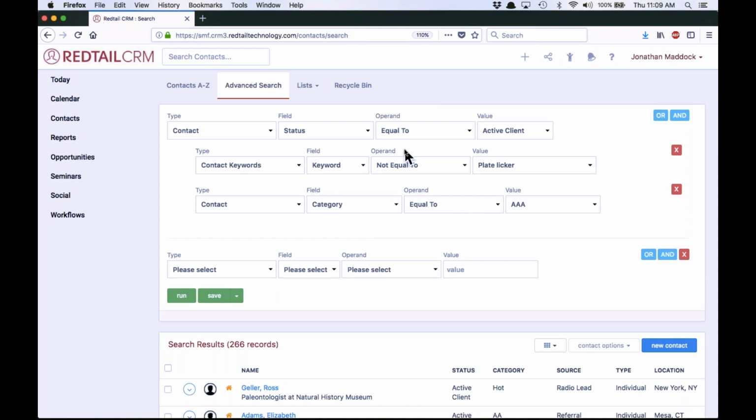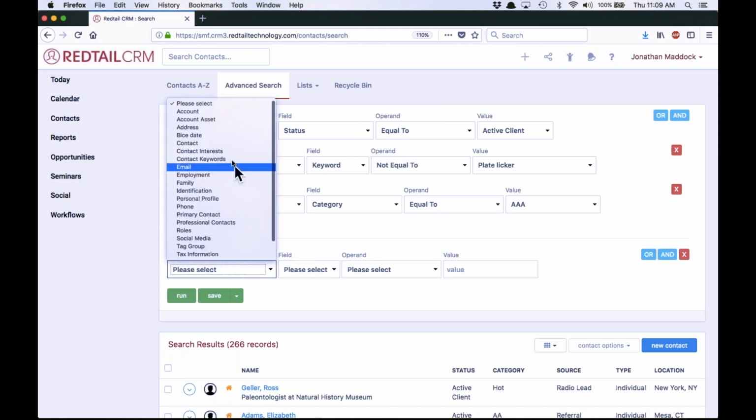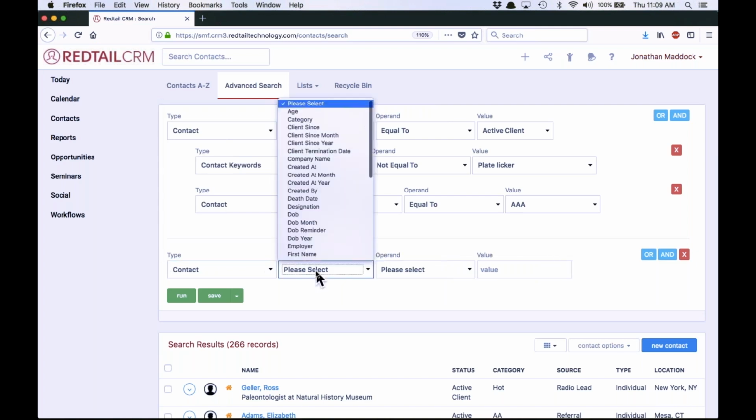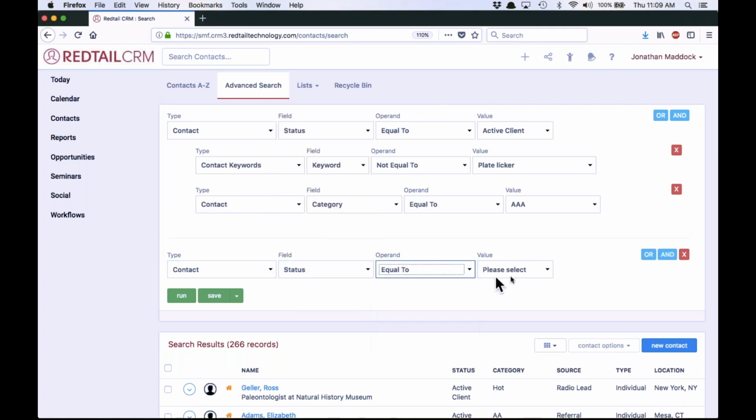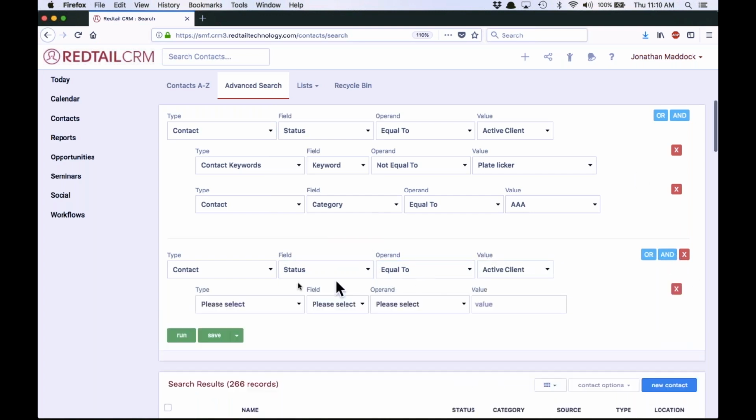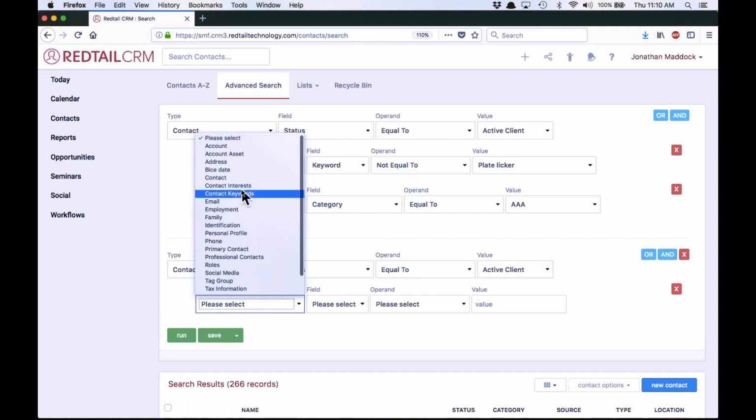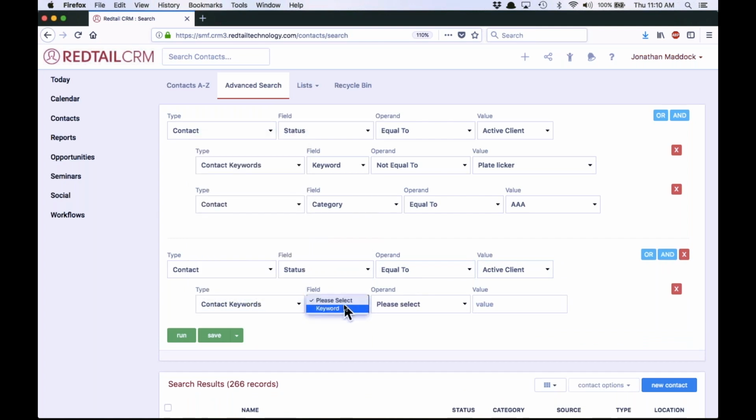So I know it seems a little tedious at this point in time, but the whole point of us doing this is that we can save this list, and then we don't have to fill out these drop downs again. So let's really quickly go down to contacts. We'll go to status. I'm going to say equals to active client, and then I'm going to say and contact keyword